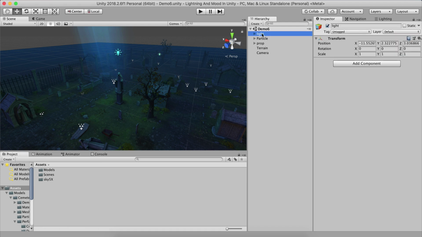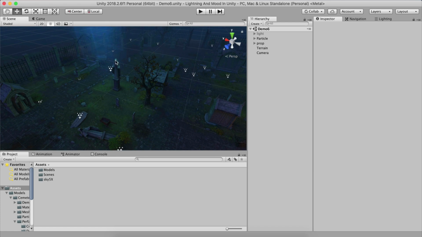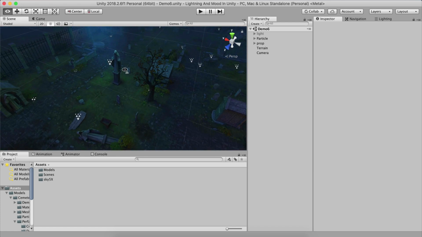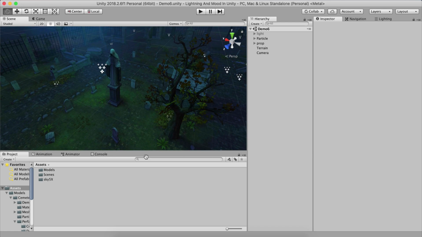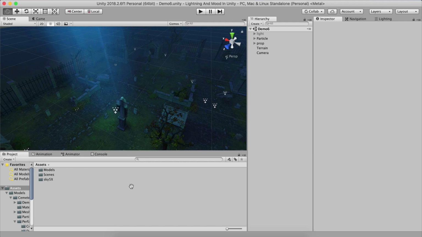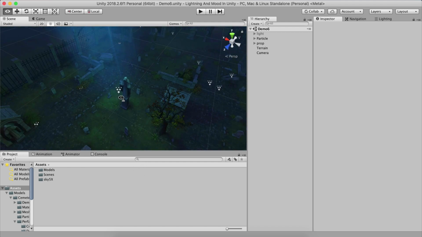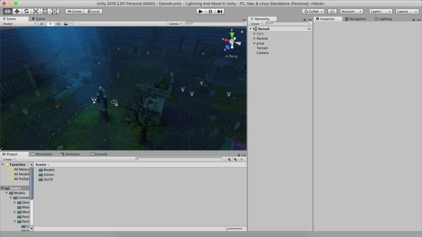Now I'm gonna take the lights here and I'm going to turn them off because they come already with how the scene is. What I'm gonna do is just position the camera something like this because I want to be a little bit closer to the statue for the things that I am going to show. Now for some reason this is like laggy. I don't know why, probably because I did not turn off my computer for a week. Anyways,